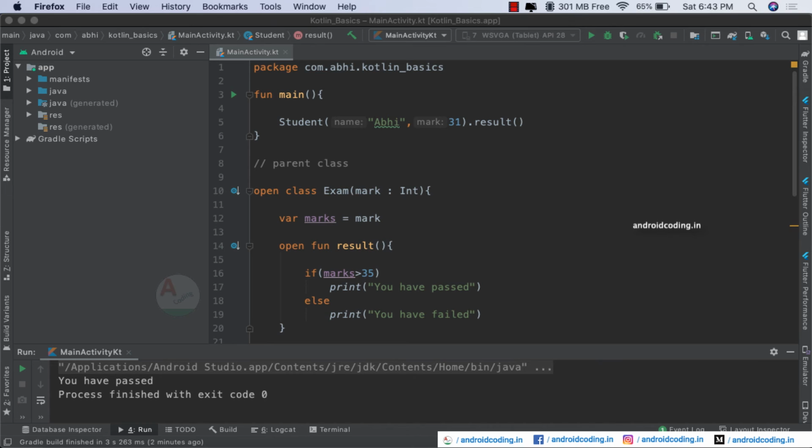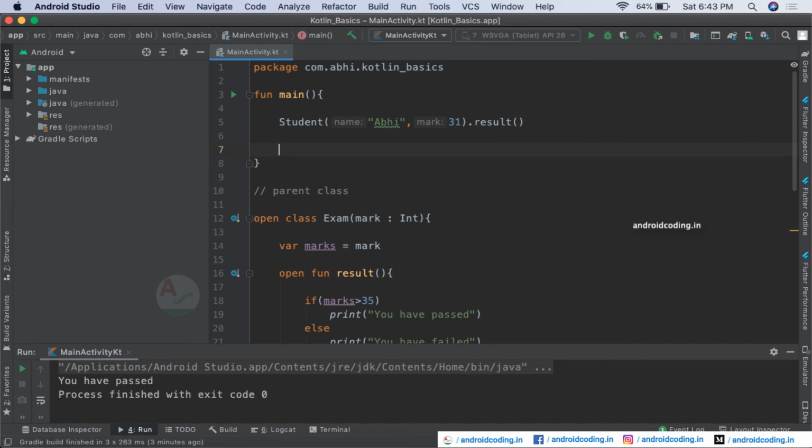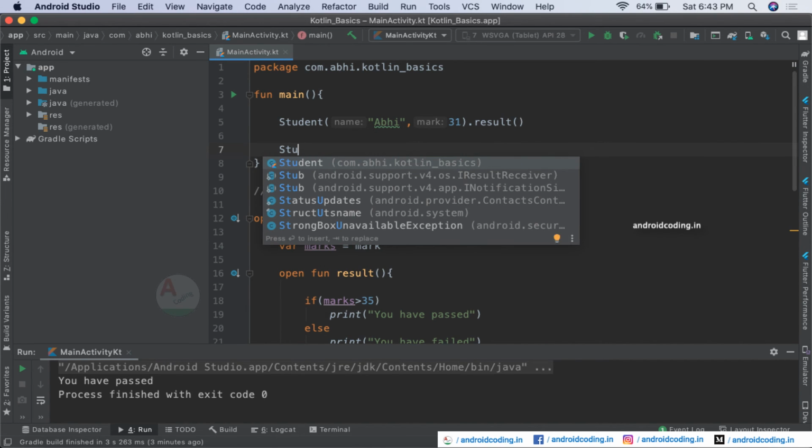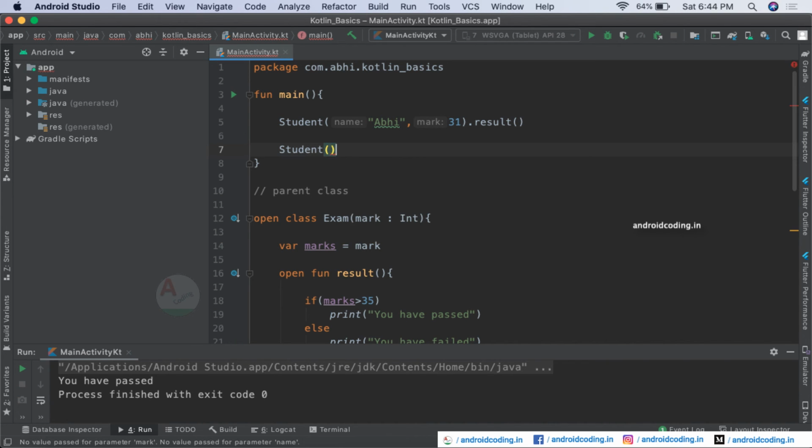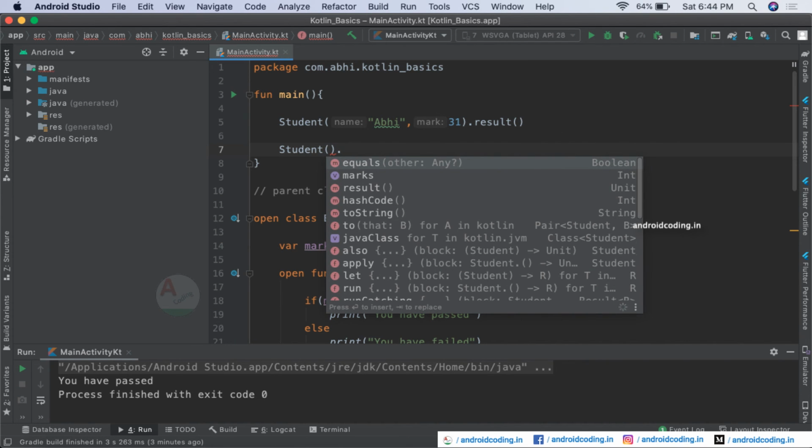And also one more thing I want to show you here, that in Kotlin every class will inherit a class called Any. So here when you provide the student, you will be getting the methods equals, hashCode and toString here. So these three methods are available for every class you consider. Why?